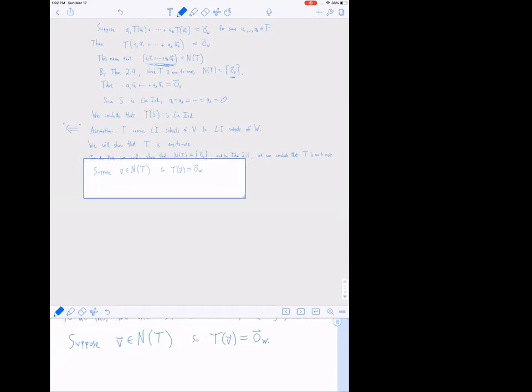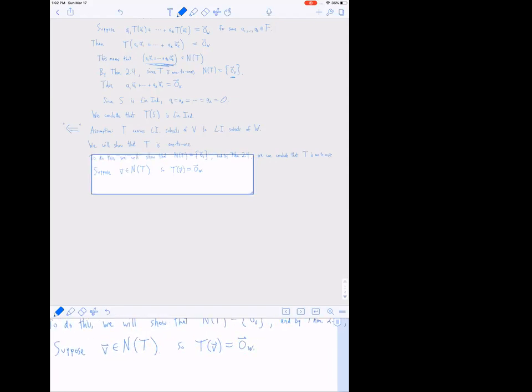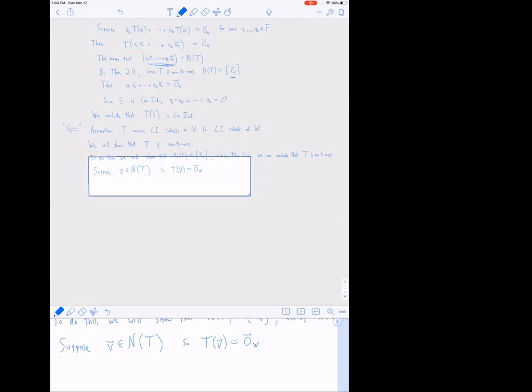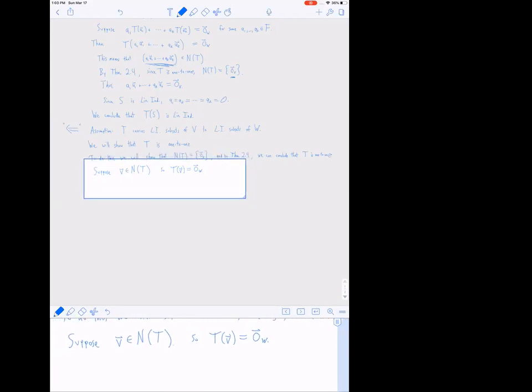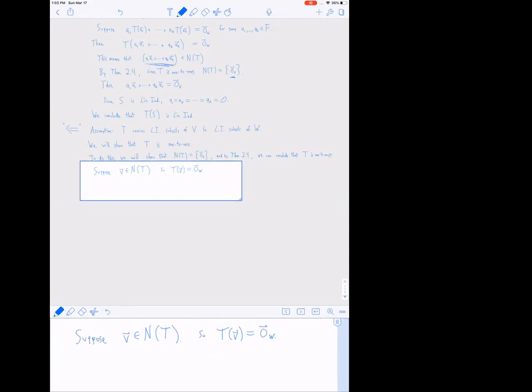Well, it's got an equation that involves the zero vector, but in order to use linear independence, we need to unpack this. Somehow v is not necessarily a linearly independent set by itself. All we really have is that T of a single vector is equal to 0. So I guess if we could represent v using a linear combination, but we need something linearly independent. I guess we could use the fact that every vector space has a basis. So here would be a good place to say,